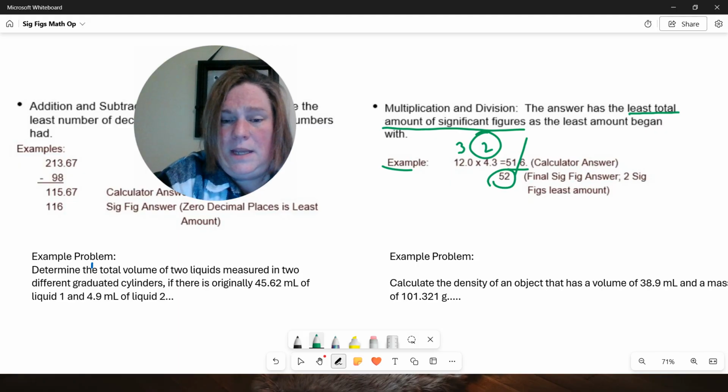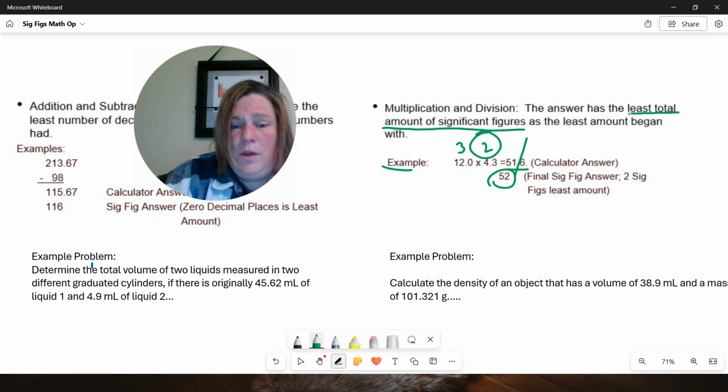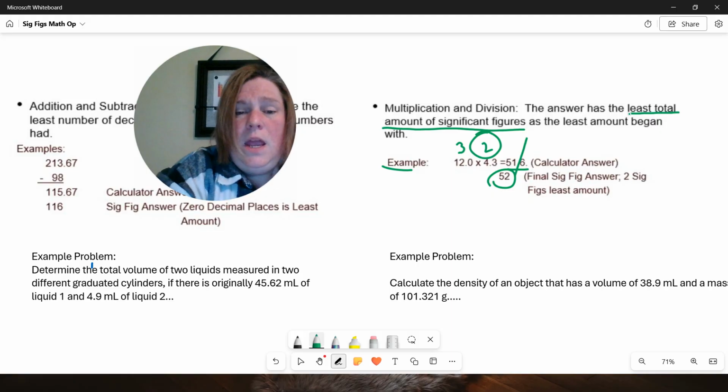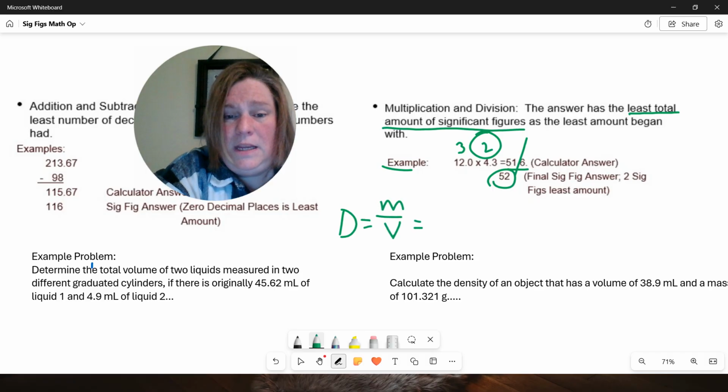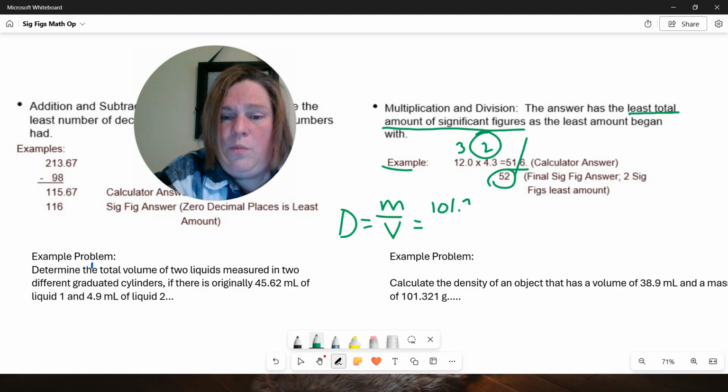It says calculate the density of an object that has a volume of 38.9 milliliters and a mass of 101.321 grams. At the beginning of chemistry, you should start talking about density, and its formula is mass over volume, and we're finding density in this problem. So let's plug in our values. Our mass is 101.321 grams, and our volume is